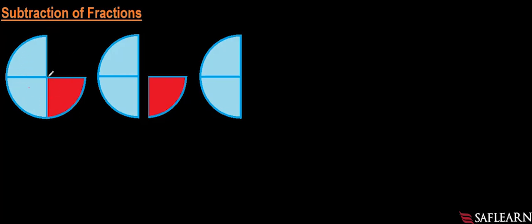Okay, and then we want to remove, cut off, this 1/4 part that is shaded red. Now that's subtraction. If we do that, we'll be left with this. So it means that 3/4 minus 1/4 is equal to half. Now that is to say